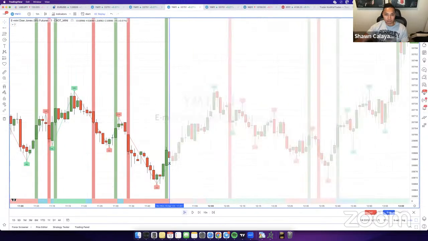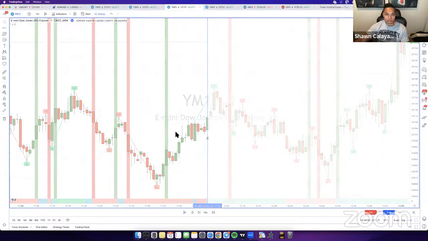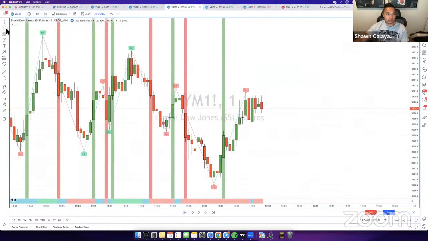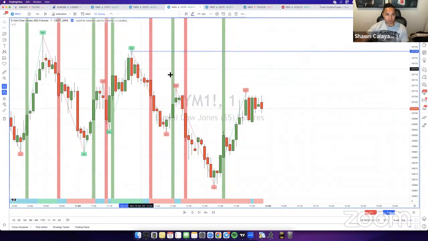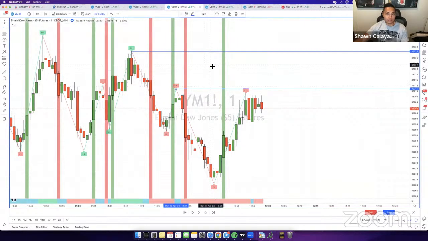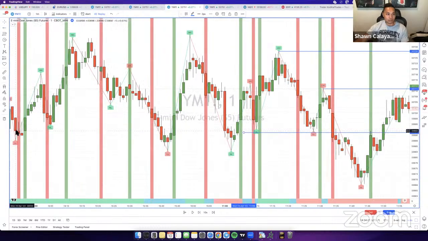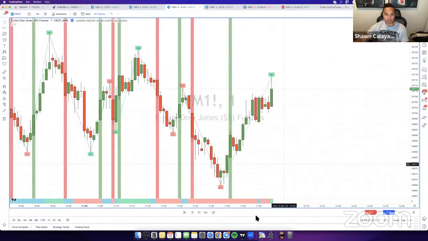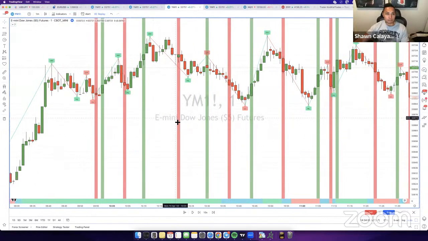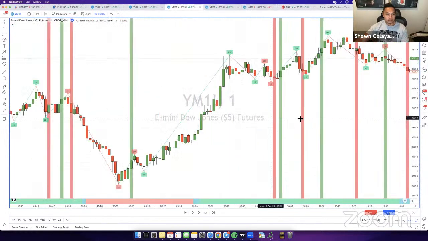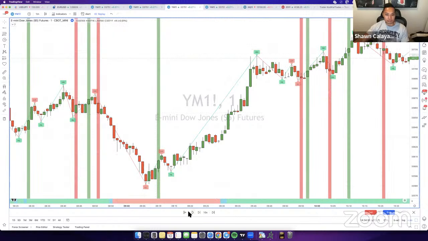For example, right here, I wouldn't take these liquidity pushes because there's not a lot of liquidity sitting there. There's one or two, and they're pretty spread out, right? There's two highs right here, but they're not really next to each other. So you don't really have an area right there where people are placing their stop losses. So for example, here, even though this would have played out, I wouldn't have taken this trade because it's not the liquidity that I'm looking for. I typically like seeing high lows pretty much bunched up together. Like this over here. This is a better example.